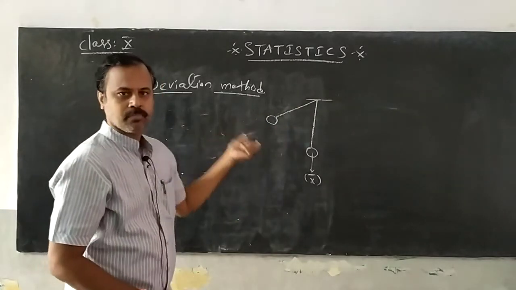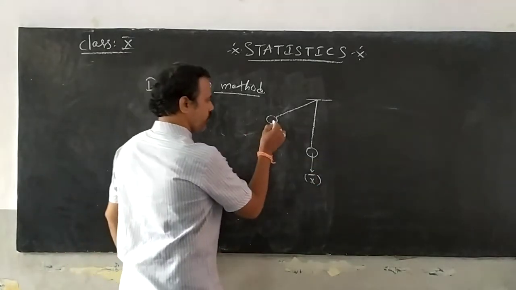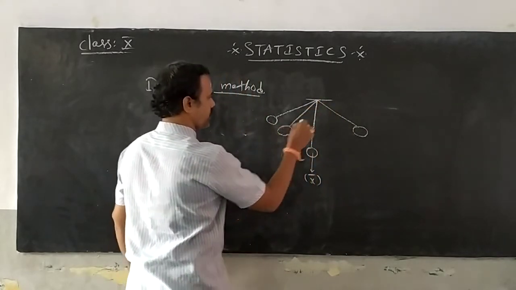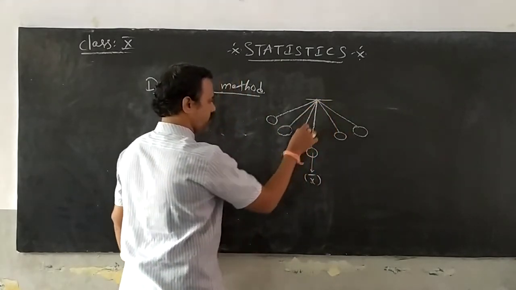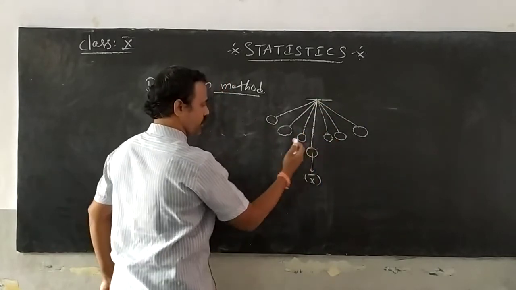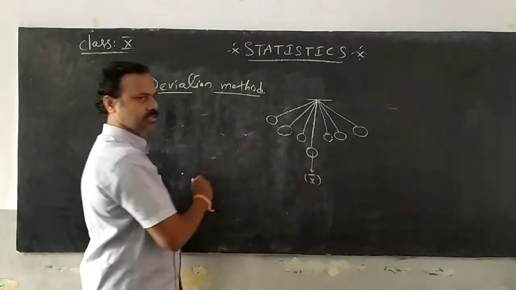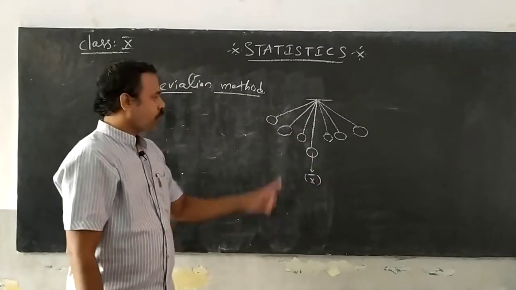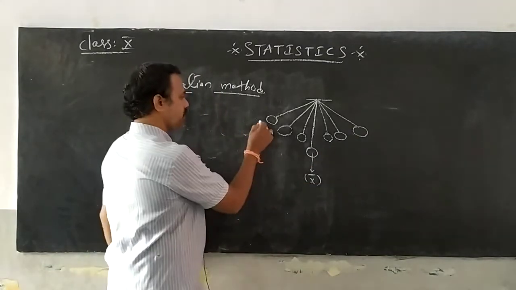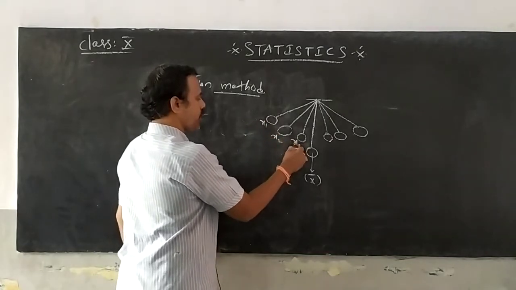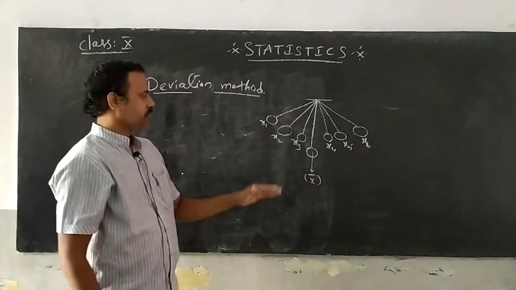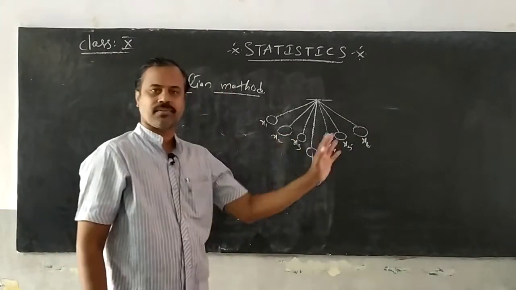If I take this position and drag it to some direction and leave it, will it be in the same position or will it move? Yes, it will move, it will go in this direction, and next it will come to the other direction, and after many swings it will settle down to such a position which is called the mean. And what are all these? These are the observations we see. We are seeing this pendulum, observation 1, observation 2, observation 3, observation 4, observation 5 and observation 6. These are the observations I have seen.